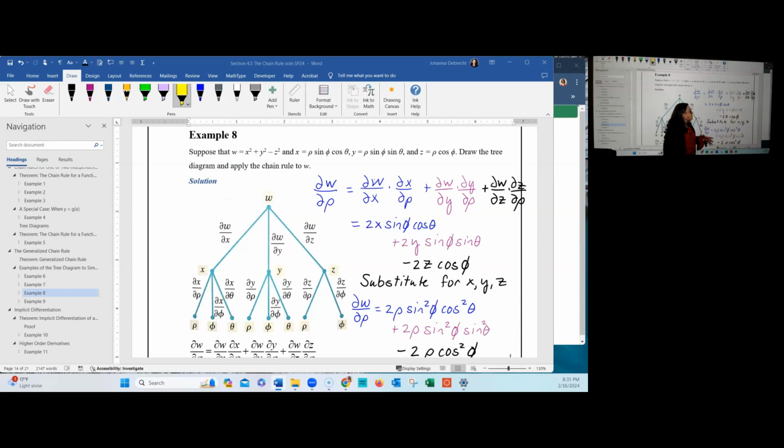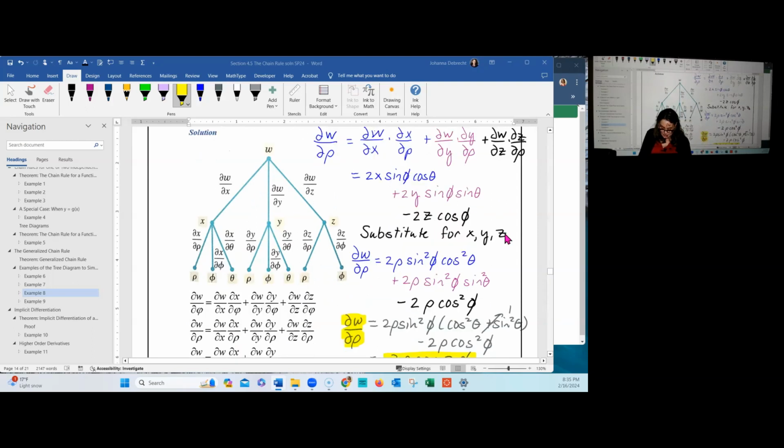Then we add to that, in the black writing, the partial of w with respect to z, which is negative 2z, multiplied by the partial of z with respect to rho, which is cosine of phi. If you notice, in this expression we have it in terms of x, y, phi, and theta. The next thing that we can do is substitute for x, y, and z to see if this formula simplifies. When we substitute for x, y, and z, we end up with the partial derivative